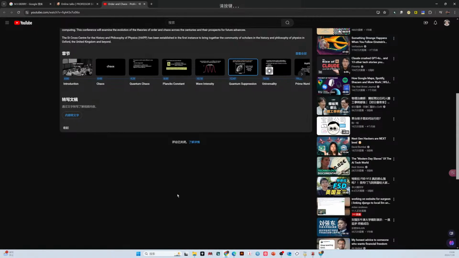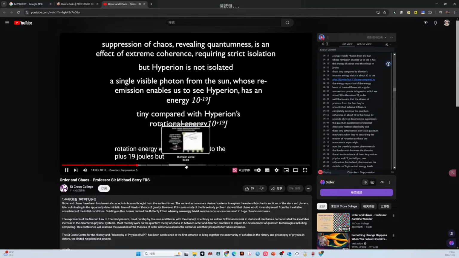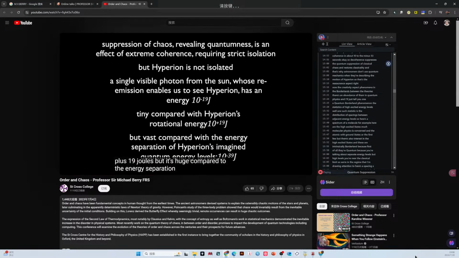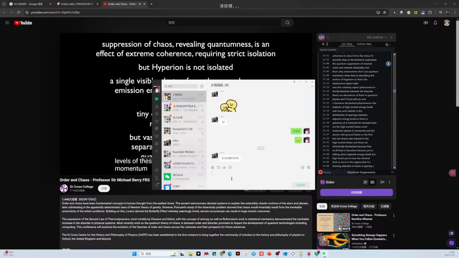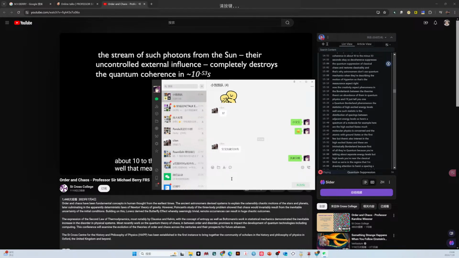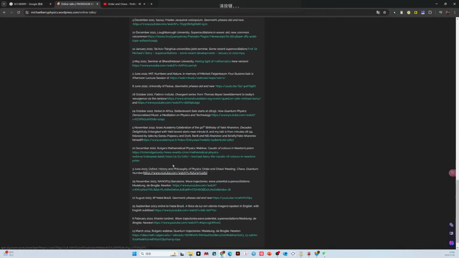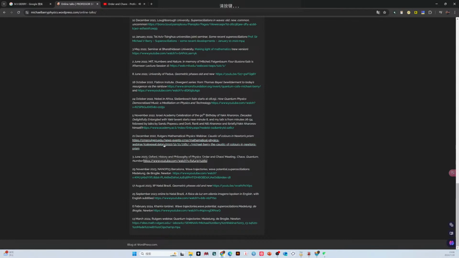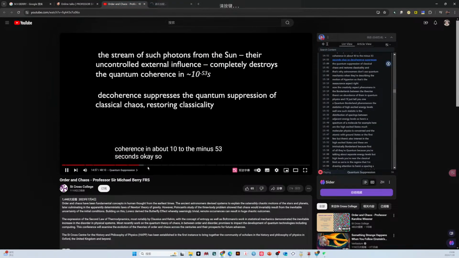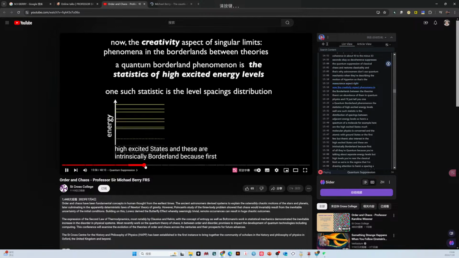That's tiny compared to Hyperion's rotation energy, which is about 10 to the plus 19 joules, but it's huge compared to the energy separation of the energy levels of these different angular momentum quanta in Hyperion, which is about 10 to the minus 39 joules. Well, that means that the stream of photons from the sun, their uncontrolled external influence, completely destroys the quantum coherence in about 10 to the minus 53 seconds. Okay, so decoherence. Now, first of all,